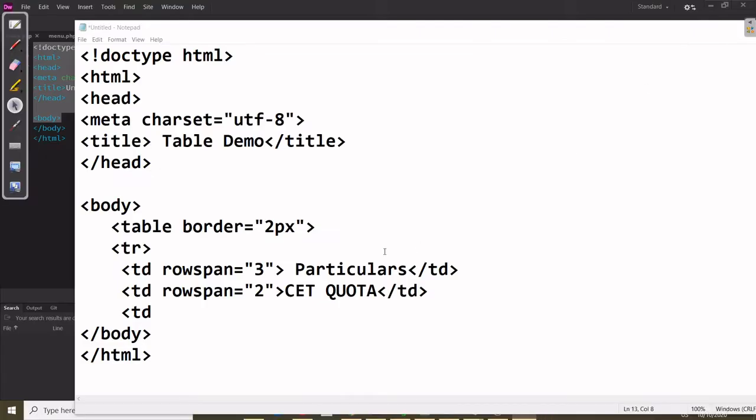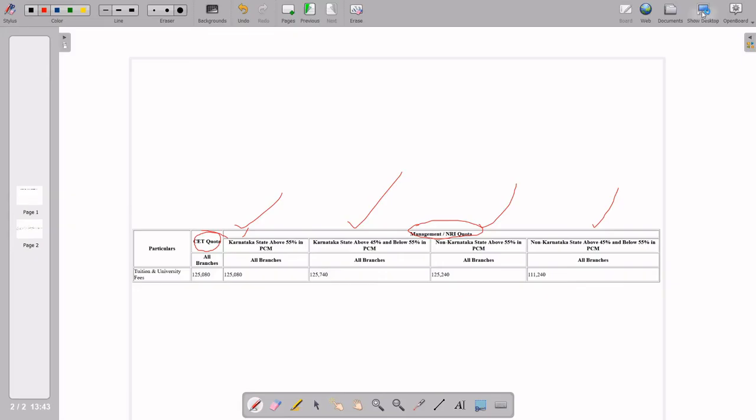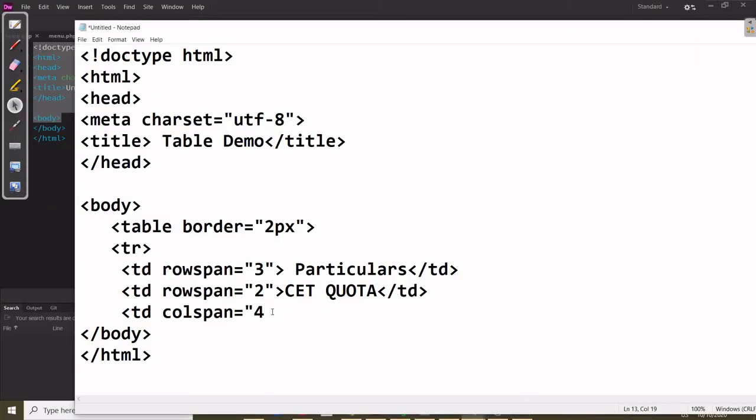Got it? So in that case td colspan equal to 4, I think so, 4 only. 1, 2, 3, 4, colspan 4, and then you can write here management quota, then close the td.